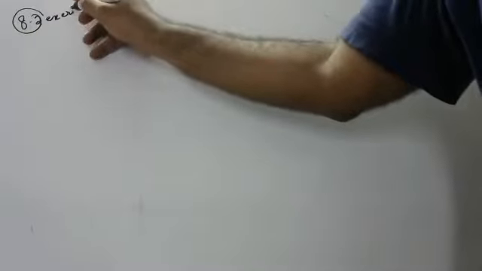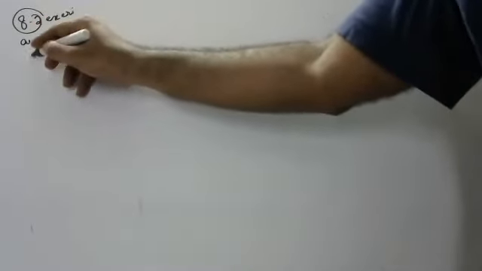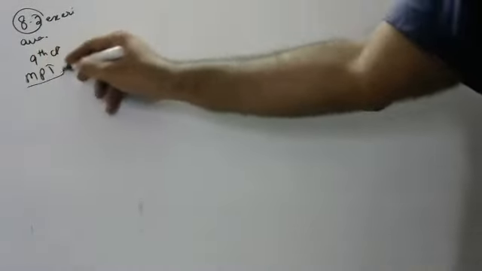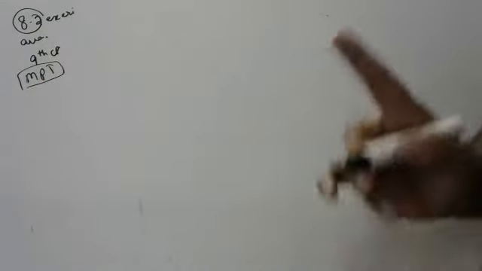Okay, children. So today we are going to discuss exercise 8.2, all the sums of quadrilaterals, 8.2 exercise, 9th class CBSE, NCERT textbook. All the sums will be based on the midpoint theorem only. Children, I will write short forms, but you should not write short forms. In the exam, if you write short forms, I will give you 0.